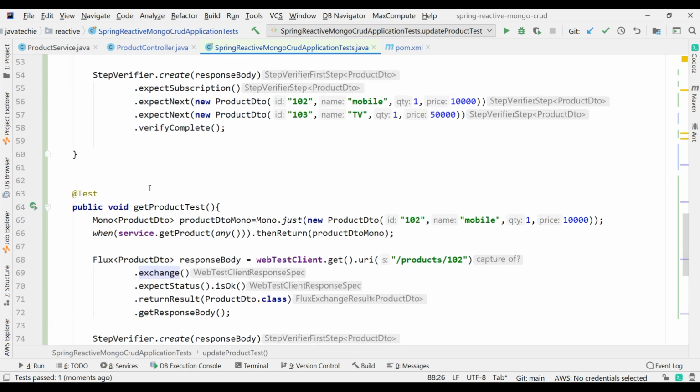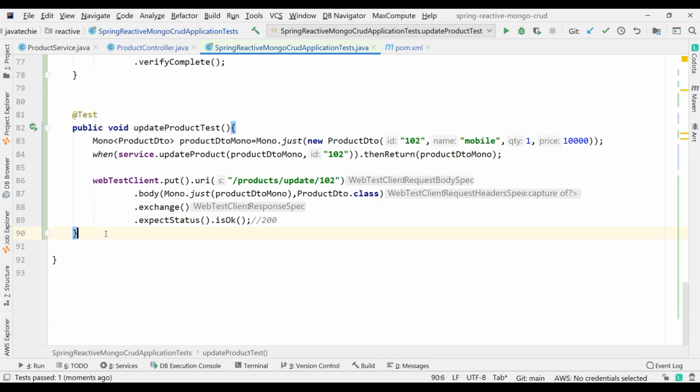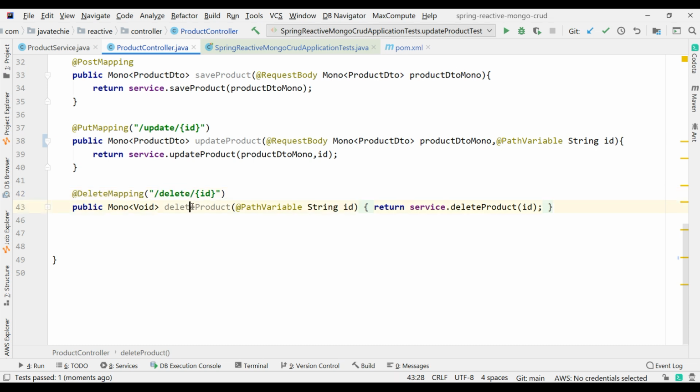Now we have written for post, get, put. Now let's write for delete. So if you go to the product controller, there is a delete mapping, and the return type is Mono void. This is one of the interesting things in Mockito. You need to write the test case for a void return type, which is Mono void.